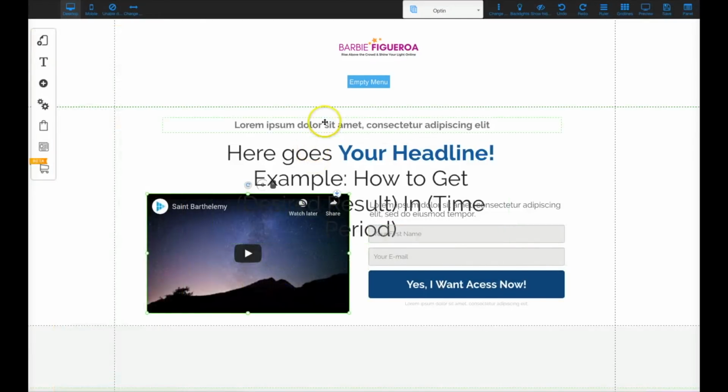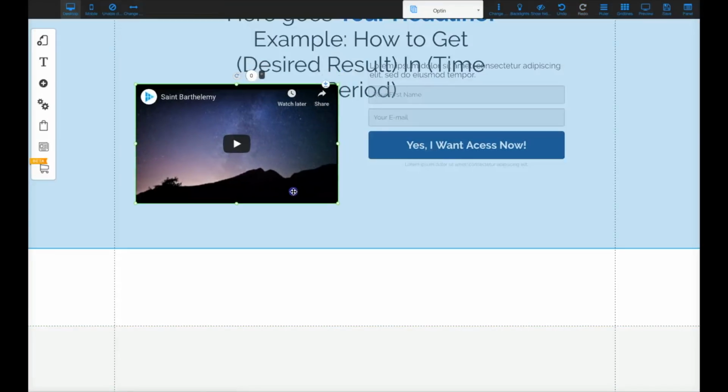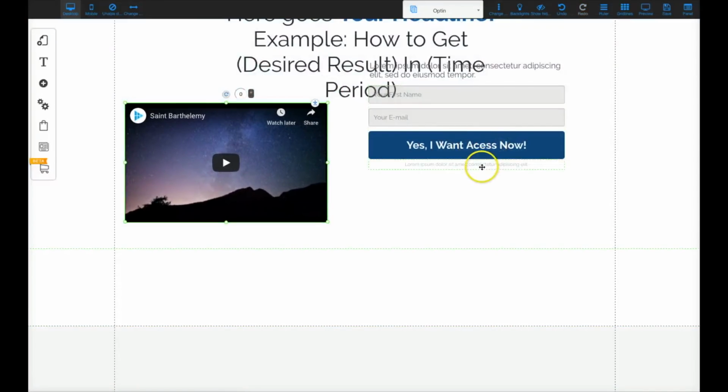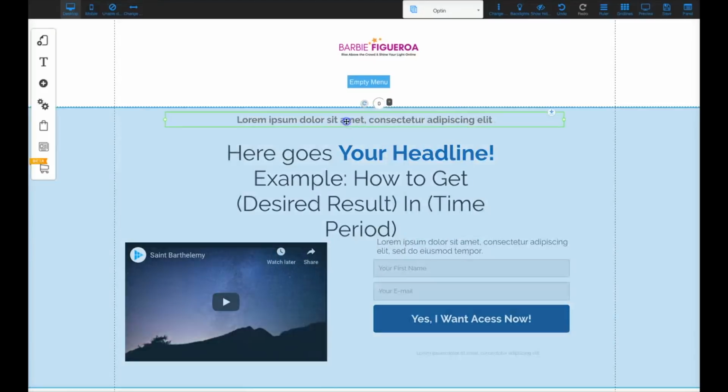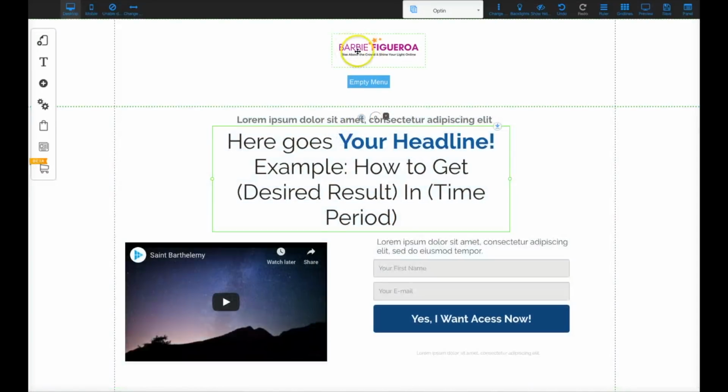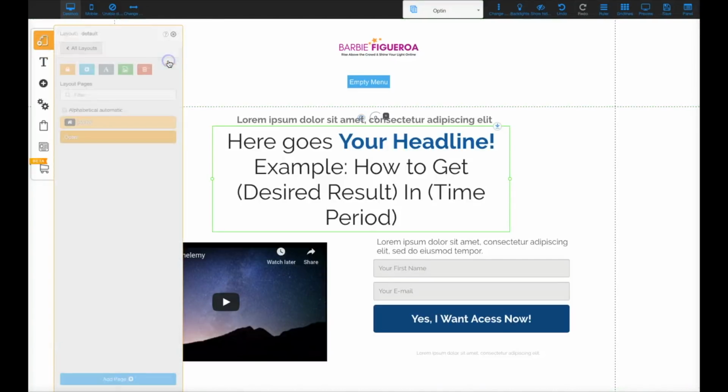Okay, so we'll just have to fix this a little bit, bring this down a little bit. This is just a template to get started with, but I would bring this stuff down, add it as a page. Okay. Now, if you don't want your logo here, because remember what I said in the beginning, your footer and your header is going to carry over to all the other pages. So if you are doing a lead capture page, you're going to want to add it as a layout. But I just wanted to show you how to add some pages here just so that we can do the menu. Okay, so let me go ahead and add another page